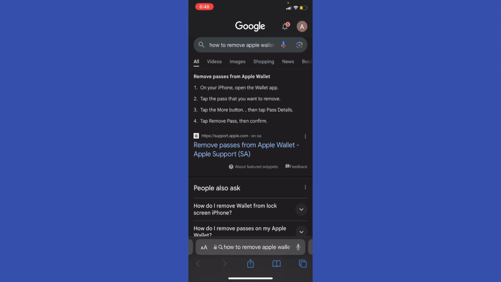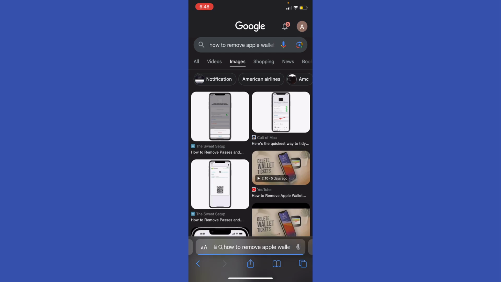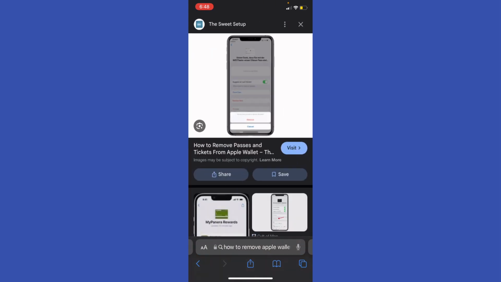If you want to remove passes from Apple Wallet on your iPhone, open the Wallet app and then tap the pass that you want to remove, and tap the More button, then tap Pass Details, and then Remove Pass, then confirm. So basically, if you want to see in images, to demonstrate how it's done, so basically you're gonna